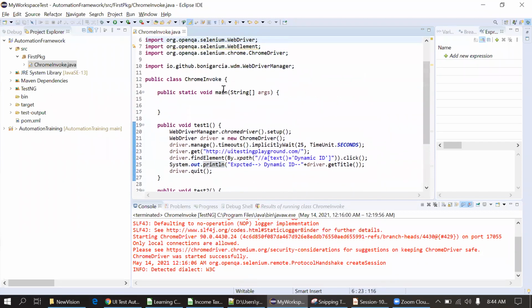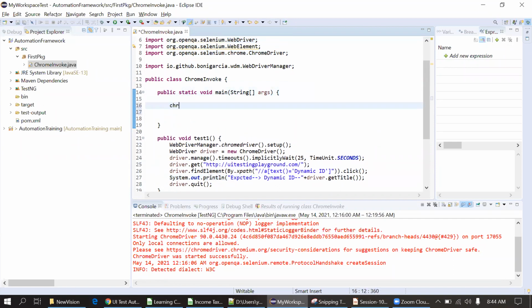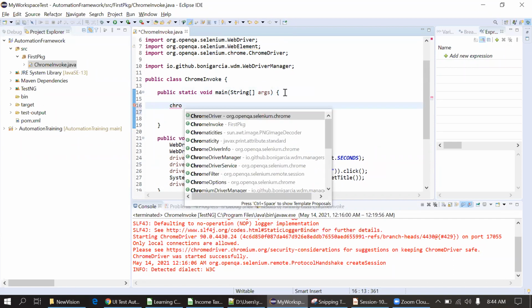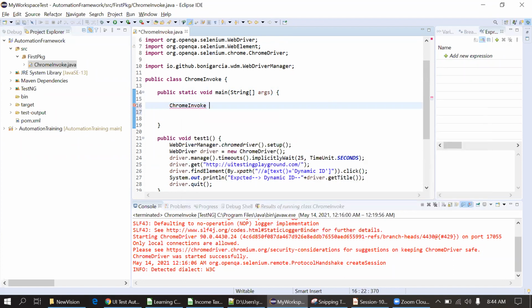So I will call these test cases from the main method. ChromeNode node is equal to new ChromeNode. This is the class name.